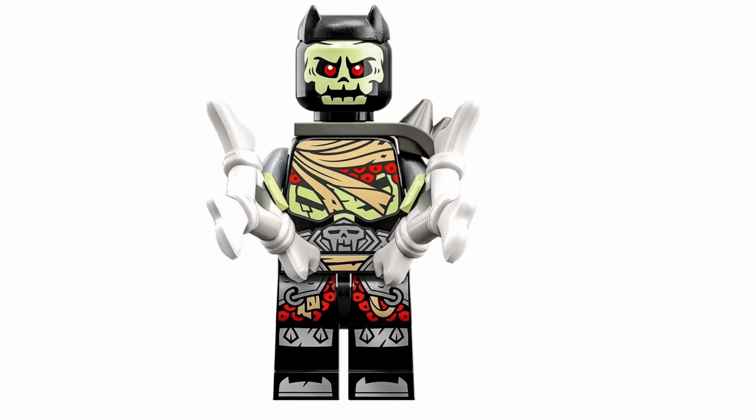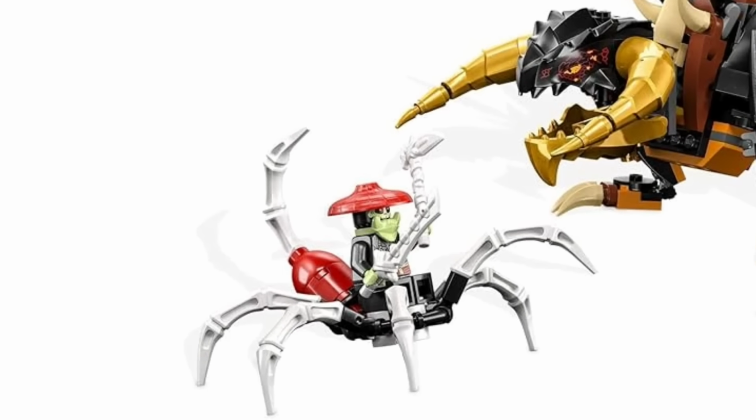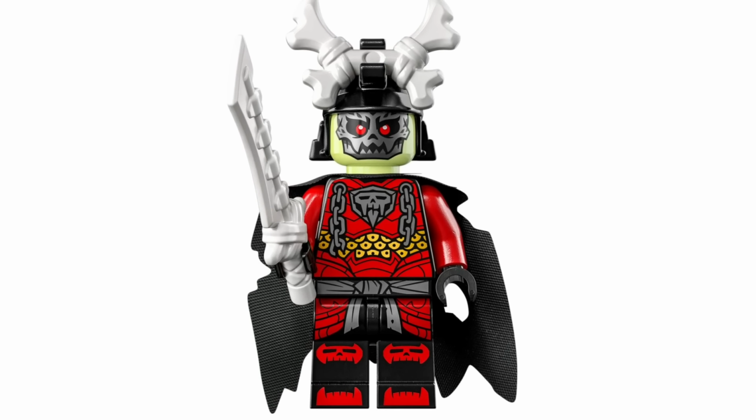As mentioned, the villains this time around are the really cool Bone Warriors that are featured in 8 of the 10 sets. They all feature different accessories, but have the same face with the exception of the Bone King, who has his own unique printing. And finally,